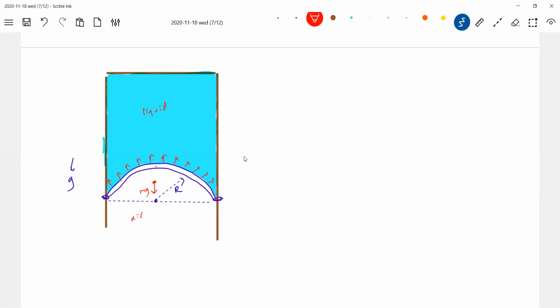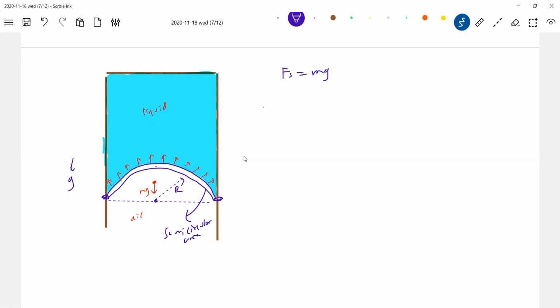You should tell me now, the net force on the wire. Mg will act vertically. Don't show mg here, this will be wrong. So where did this 2r by pi come from? At a distance of 2r by pi, it will act here. Now, who will balance this particular semicircular wire? The force due to surface tension will balance it.